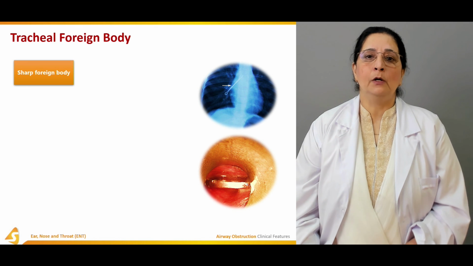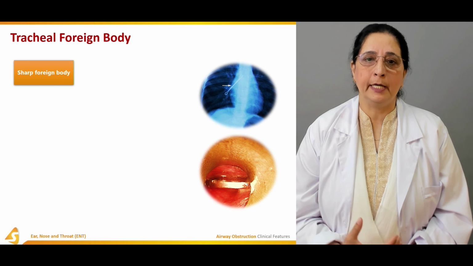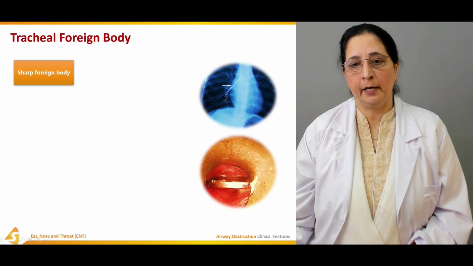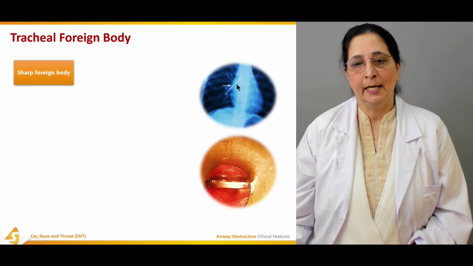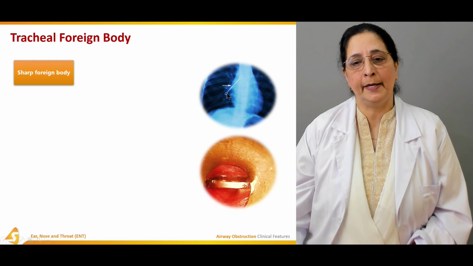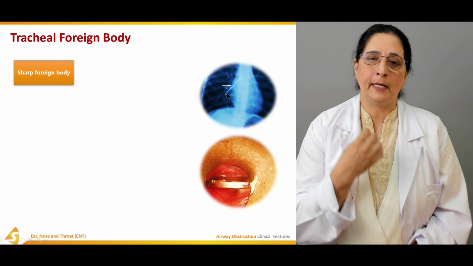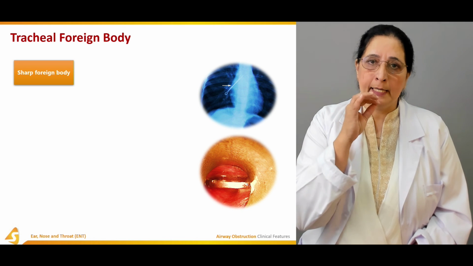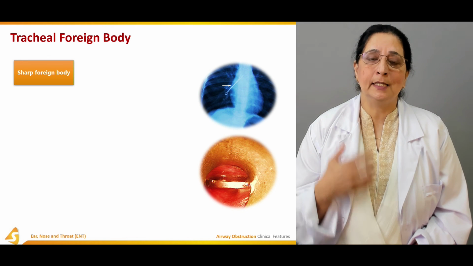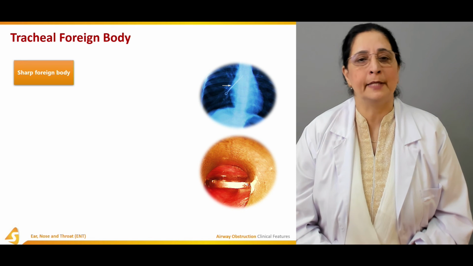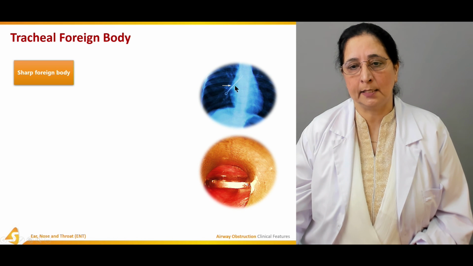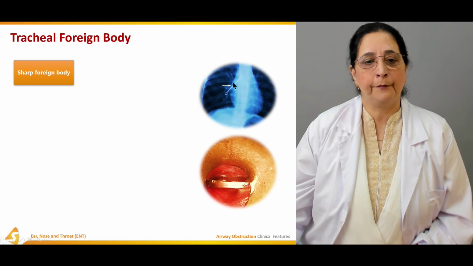Next, the tracheal foreign body. If the foreign body is present in the trachea, and it's a sharp foreign body, here you can see a sharp foreign body, it's like a hairpin. You can see very easily it's like a hairpin. Again, a lot of females, when they use the hairpin, can hold that pin in the mouth, between the lips, in the teeth, and when they hold it, sometimes accidentally they can aspirate that hairpin. This is the hairpin, which is the sharp foreign body.